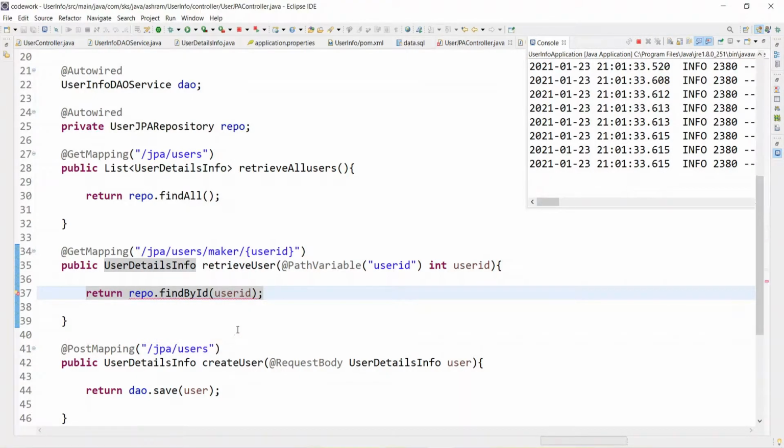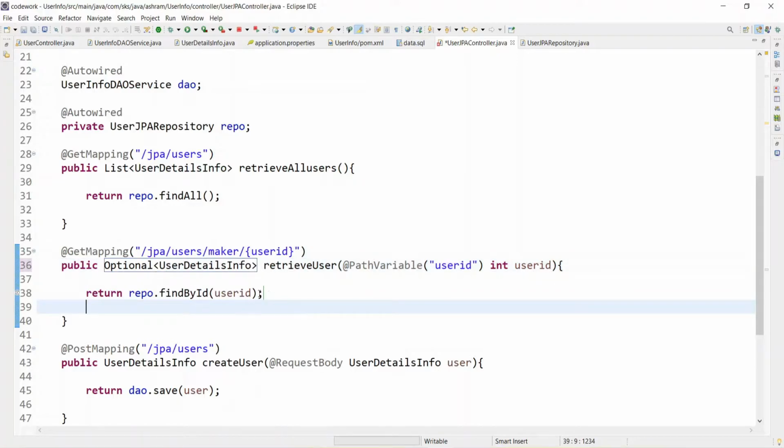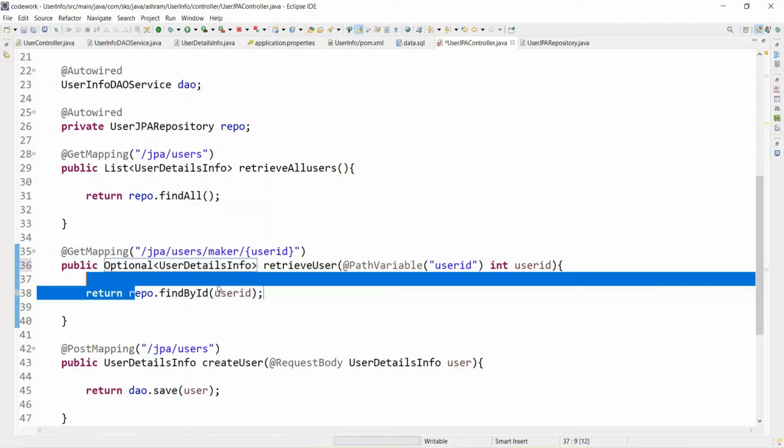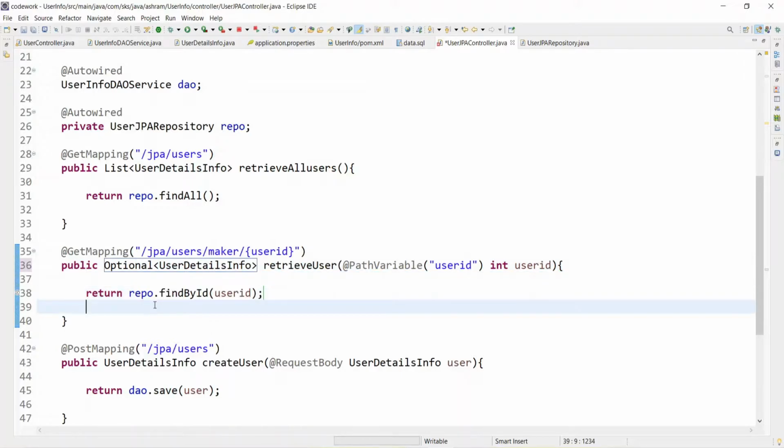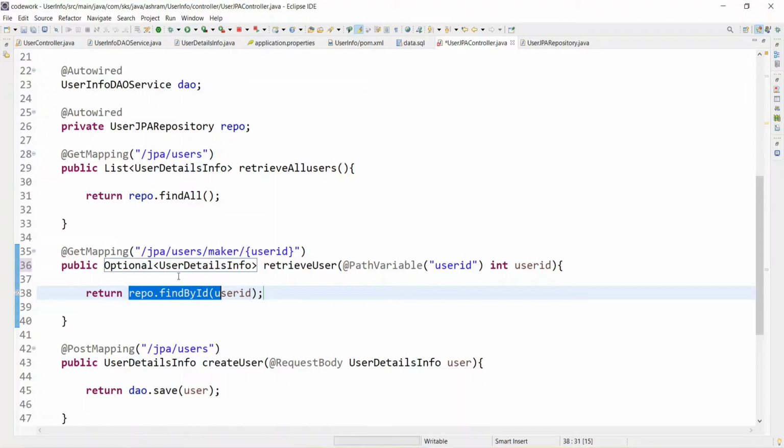That is fine. Optional is a Java 8 feature where, if this is returning a value, then that's fine, and if this is returning null, then it will create an empty object by default. So this is the Java 8 feature. You can see my other video where I have explained the optional feature of Java 8. But for now you just need to know this takes care if this call is returning a null value. So you don't need to handle explicitly what if this object is returning null. So it will not cause a null pointer exception and all, right?